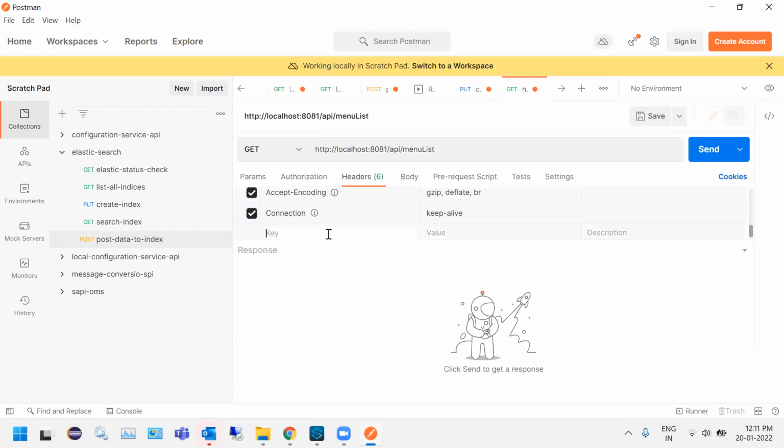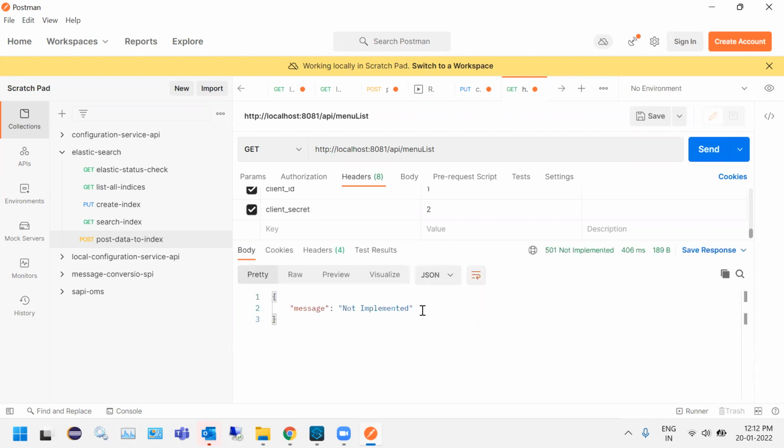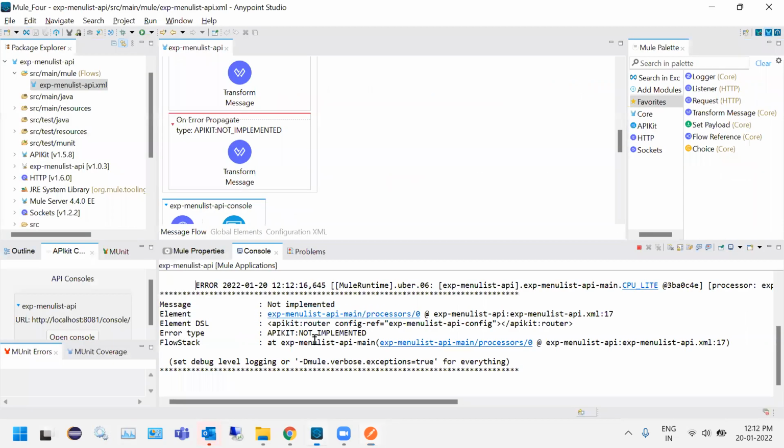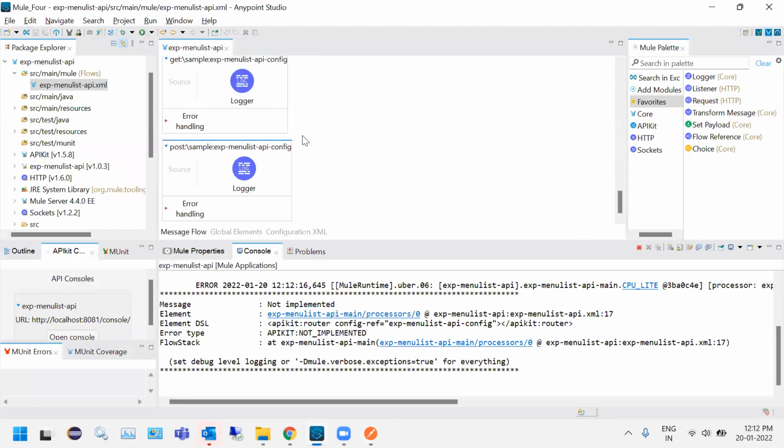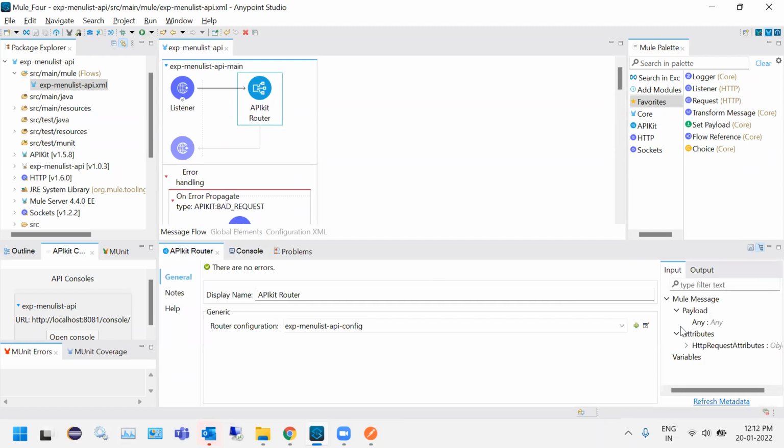So in headers, if I hit this URL, it says not implemented. It says not implemented because it's not able to look for that flow. So in this case, what I need to do is, API kit router gives a functionality